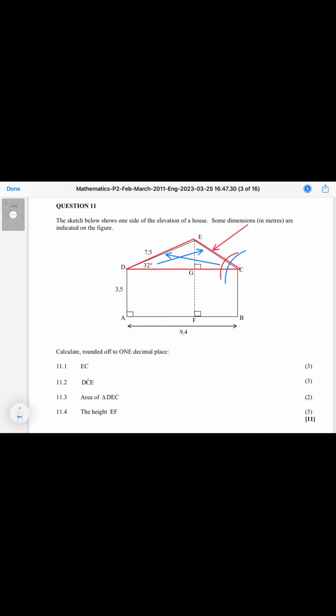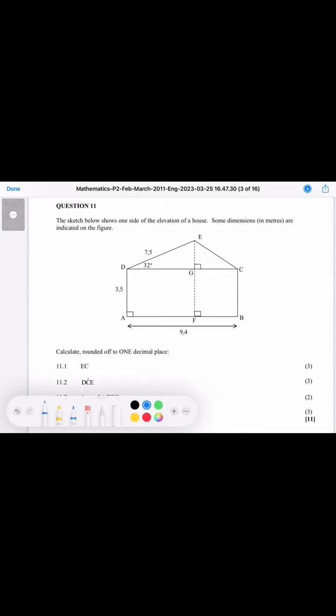So very quickly, guys, let's move on to the next question. I notice it's almost 10 minutes on this question. So I'm hoping to complete this question in less than 15 minutes so that we don't spend a lot of time on it. But most importantly, I'm hoping that with these tips that I'm providing you, you will be able to attempt this question. So let's see. The next question says,